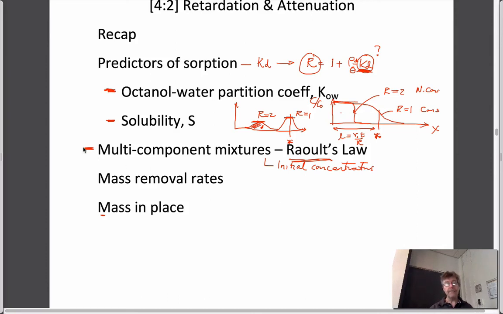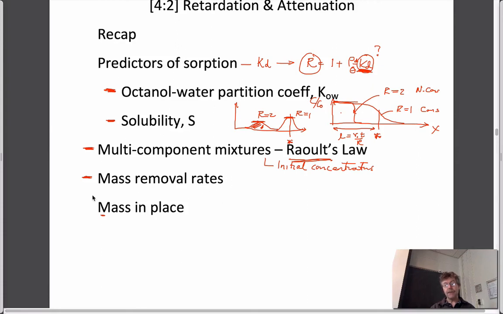So we now know that. If we know how much mass is present, we can calculate mass removal rates, and so we can calculate how long it would take, for instance, using pump and treat to be able to remove all this material. It's a long time typically because they're very low soluble. And I suppose the last thing that we might want to know,